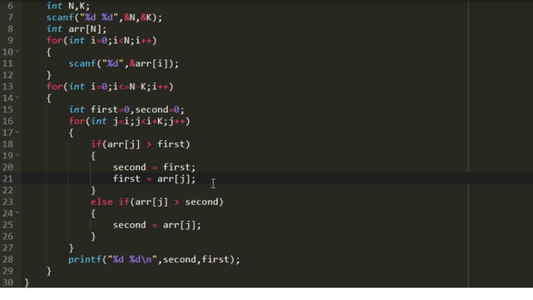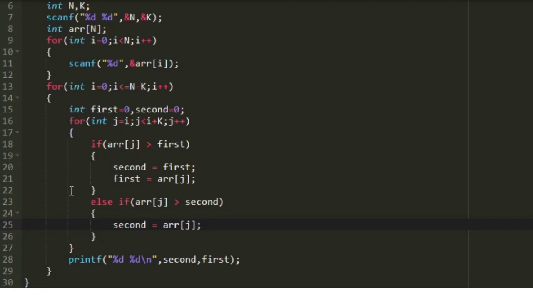So this is how we will be finding the first largest and second largest integer simultaneously while traversing through our subarray. But if the first integer itself is the largest integer, then we won't be able to find the second largest integer. So in order to avoid that only, in the else if condition, we will also be checking the integer with the variable second. So in the else if condition, if arr of j is greater than second, then we replace second is equal to arr of j. So this is how, while traversing through our subarray, we will be finding the first and second largest integer.